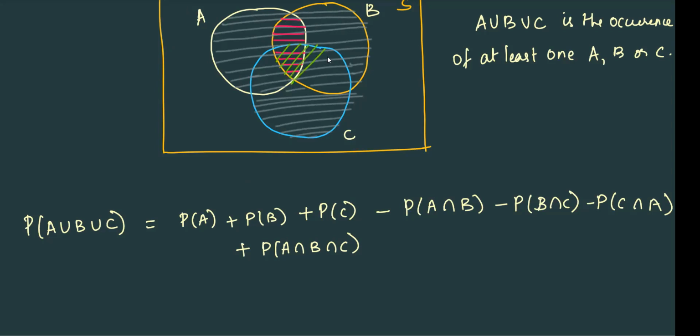B is overlapping with C. And then C intersection A. A is overlapping with C. Okay. So now I want to get the entire shaded portion. Now this is equal to